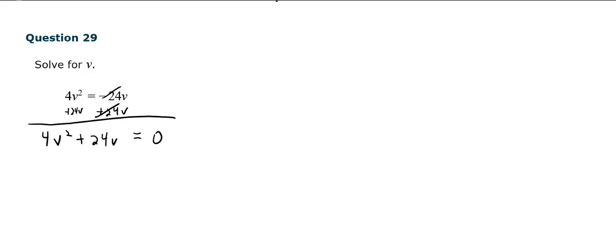And then I factor. Remember, the first step in factoring is to remove the greatest common factor. And something divides into 4 and 24, and that's 4. And they both have v's, so I can factor out a v. And when I divide 4v out of each one, that gives me v plus 24 divided by 4 is 6, and v goes into v evenly. So now I have it in its factored form. So remember, once it's factored, one of those two factors has to equal 0. So we set each factor equal to 0